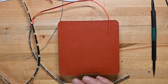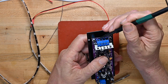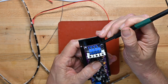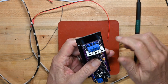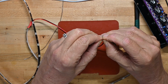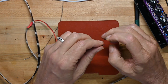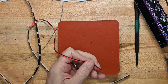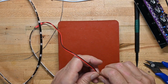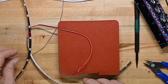What I'm going to do, as we saw on the back here, there's a common positive terminal here, and then a blue, a green, and a red ground terminal. So what we're going to be doing is I'm going to gang the positives all in one bundle to put in there, and I'm going to solder them together instead of just trying to twist them or whatever. So I'm going to split that out,